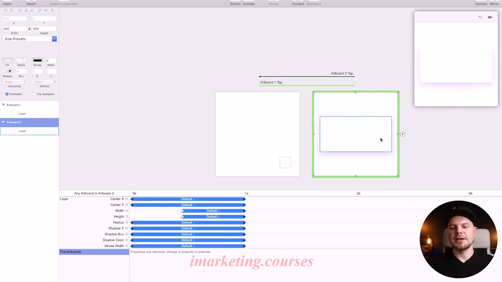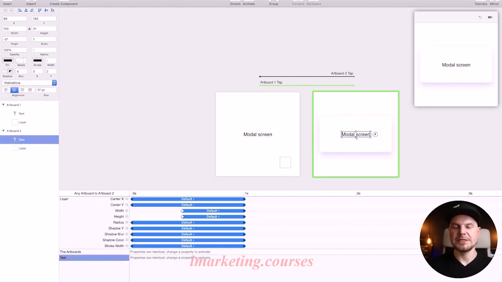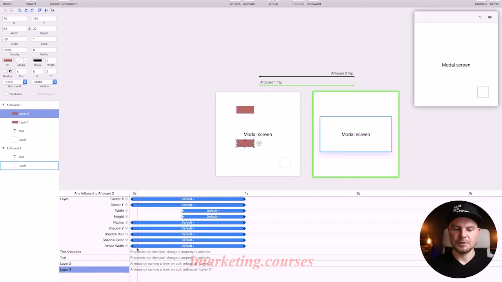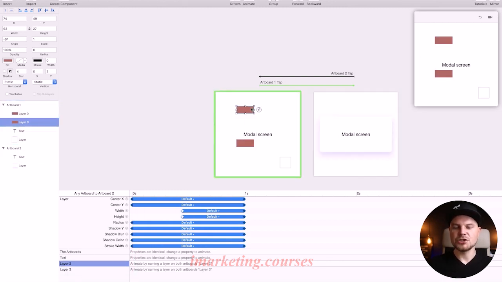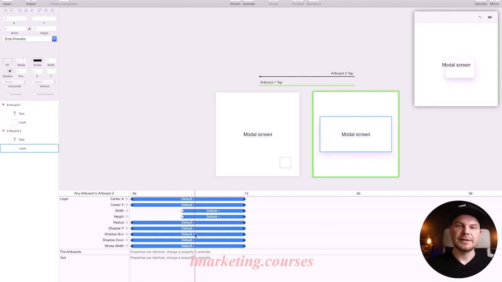Maybe the information can be text. And to create this text, you will create here modal screen. Then for this text in the middle, somewhere here, I'll copy this element, we'll paste it here so it has the same name. All the elements that you have in this animation, you will see them in this animated line. No matter how many objects I create, you will see all of them here. They show you what exactly you can animate, and they show you if the animation is happening with these objects. As you can see, we have text, but we don't have